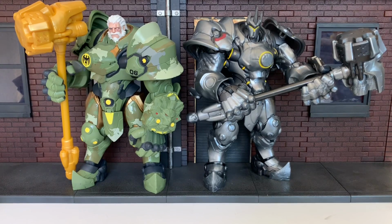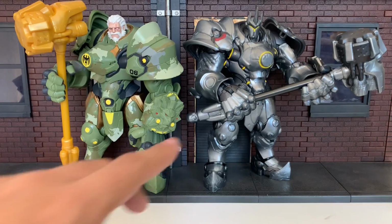What's going on, everyone? Madness80 here, taking a look at the SDCC Hasbro Overwatch Ultimates Reinhardt in his Bundeswehr. Hope I didn't butcher that, German friends. Bundeswehr skin. Looking awesome. I mean, here he is with the original release, and man, I mean, the fact that